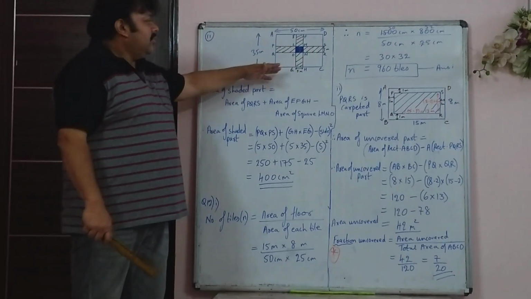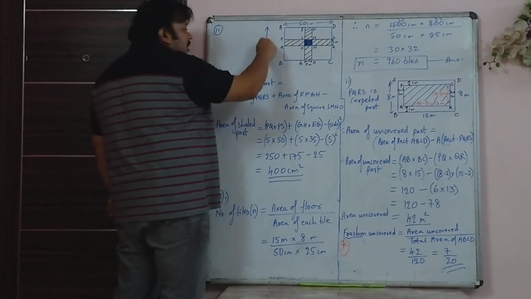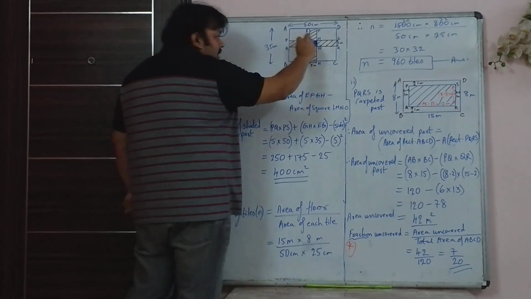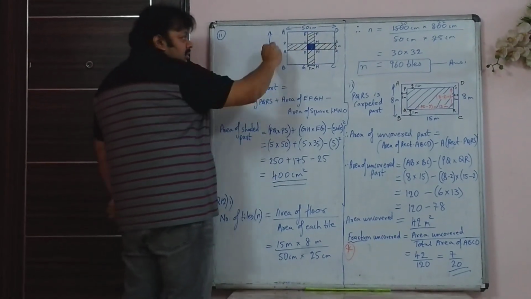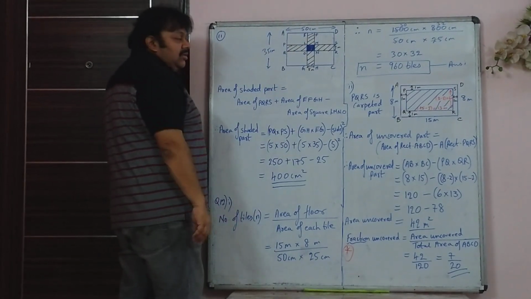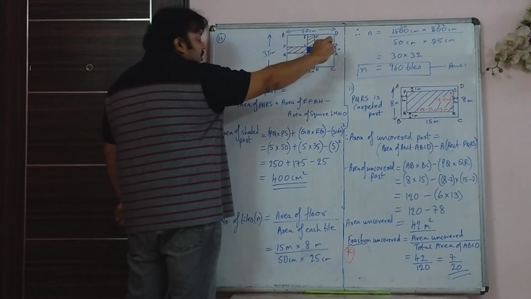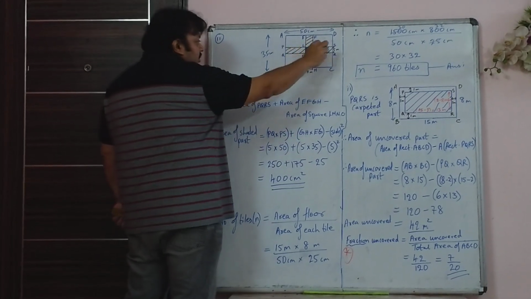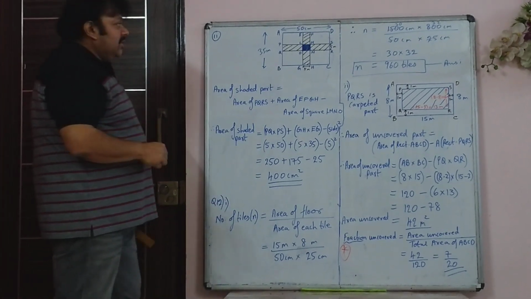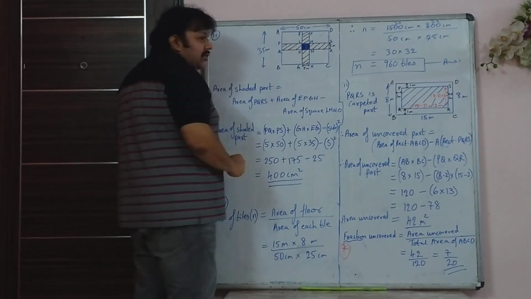Now in this sum, the figure is given. It's a rectangle, 50 centimeter and 35 centimeter. That may be a garden, and in between there is a rectangular strip of land, like a way where you can walk. Maybe there are trees on all the 4 parts. So here this is 5 meter long, and this width throughout is 5 meter. Now in this case they have asked you to find the total area of this shaded region.